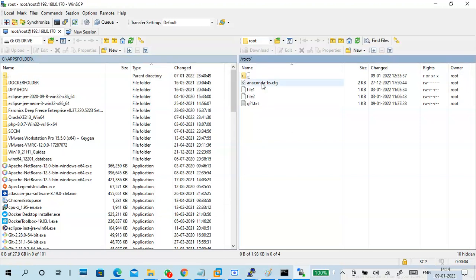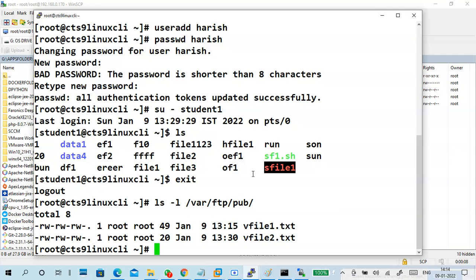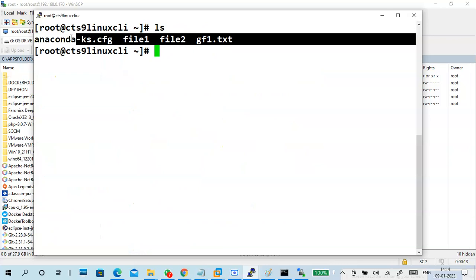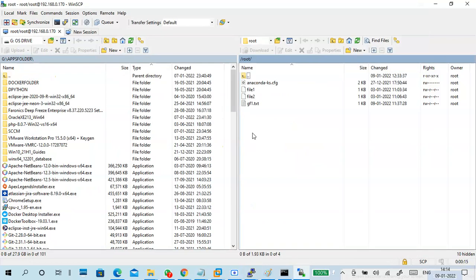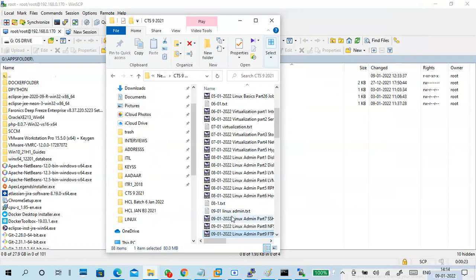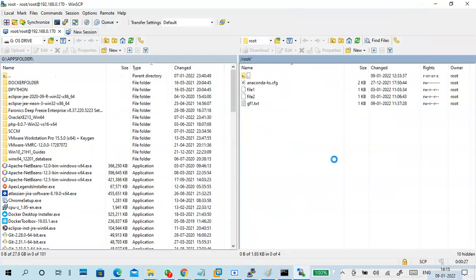Can you see? This is my root user. These are the files in my root. I want to upload some files, for example this file. The file is uploaded.